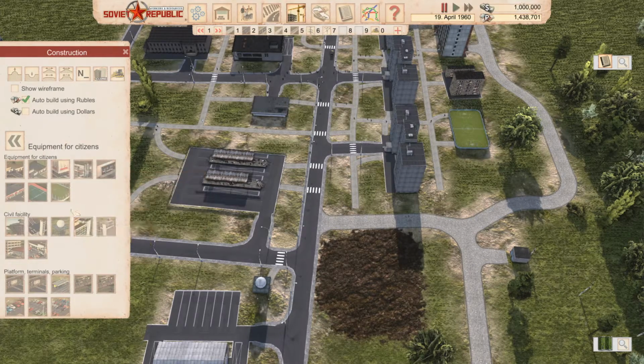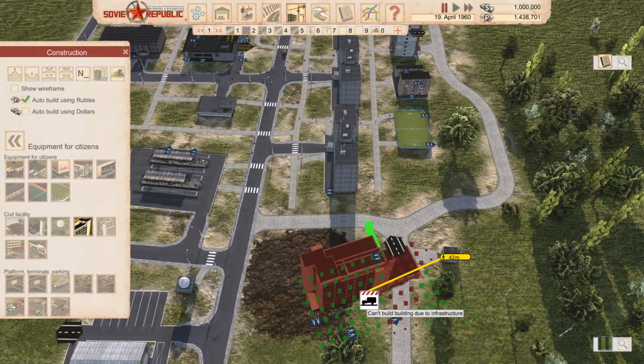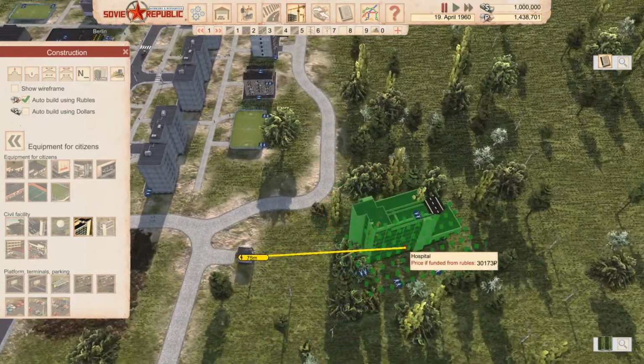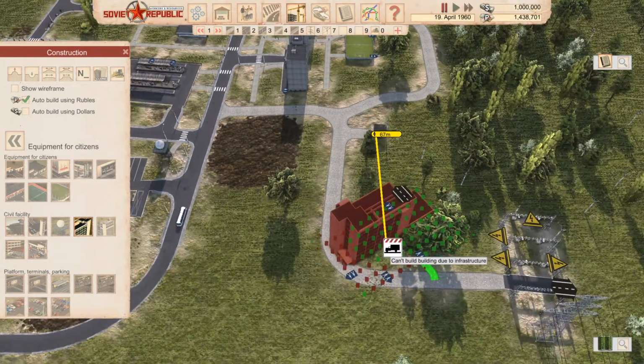I'm doing this because I don't want residential buildings. I want equipment for citizens, and I want a hospital, because we desperately need one. And I thought maybe I would build that up here in the trees there, which is also a nice spot. But maybe we'll just rebuild...